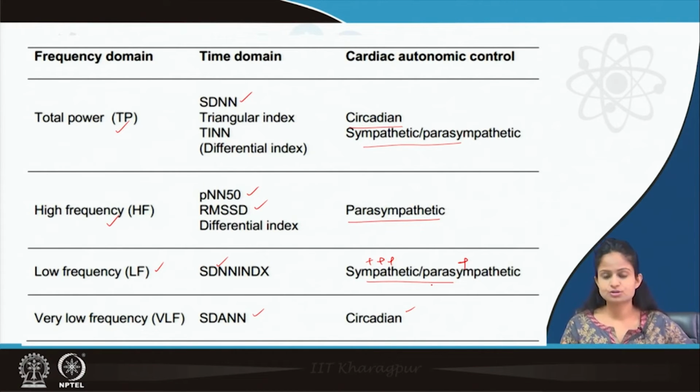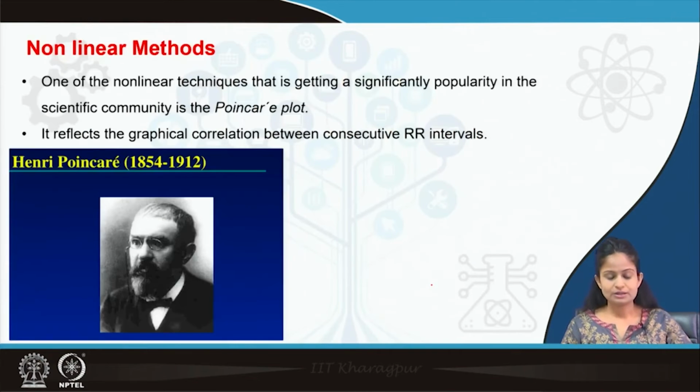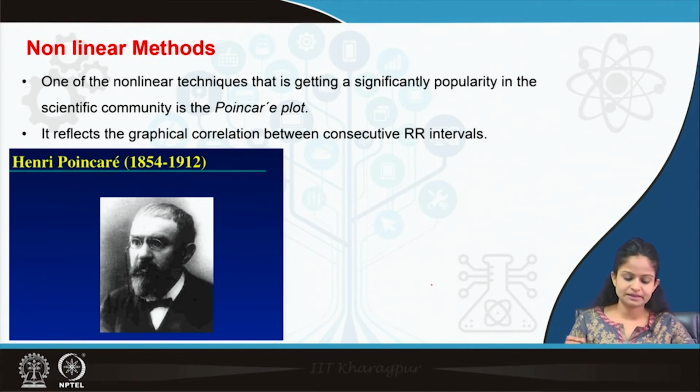So these are the correlations of the frequency domain parameters as well as time domain parameters in relation to the cardiac autonomic control, showing which branch of the autonomic nervous system, whether sympathetic or parasympathetic, is giving rise to the particular power or frequency that has been shown. Now coming to the non-linear methods. As I told you, these are usually done for the complexities or to find out the self similarities, and the most important non-linear methods